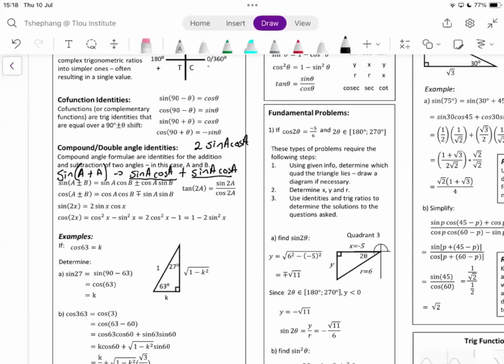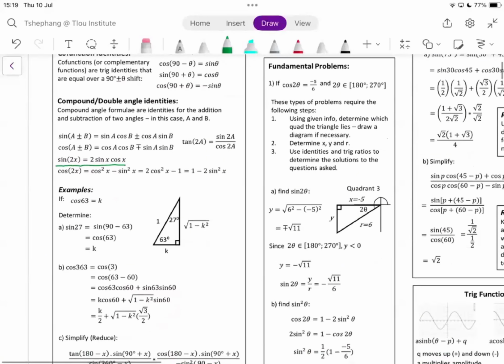And then furthermore, we also have the double angle identities, which are also given on the formula sheet. Do not memorize, you must just practice so you know which one you need to apply. The one for sine: sine of 2x is going to change to 2 sine x cos of x. That is the only option that we have there. And then we also have the one for cos. Now the one for cos, I always like to start it here.